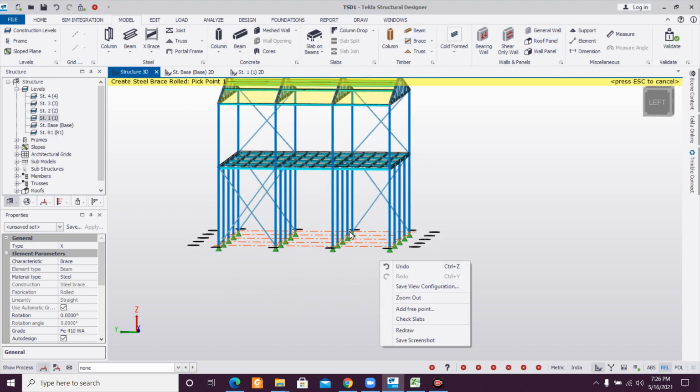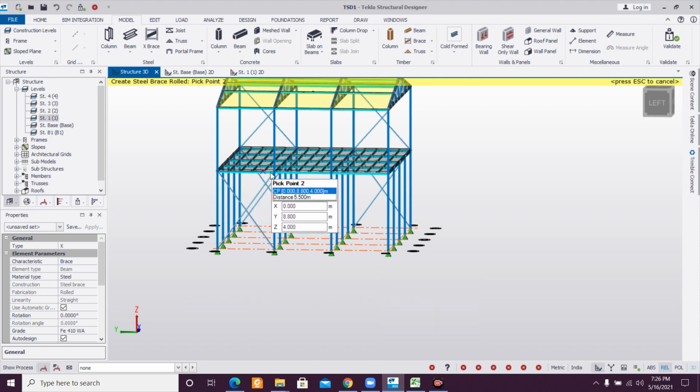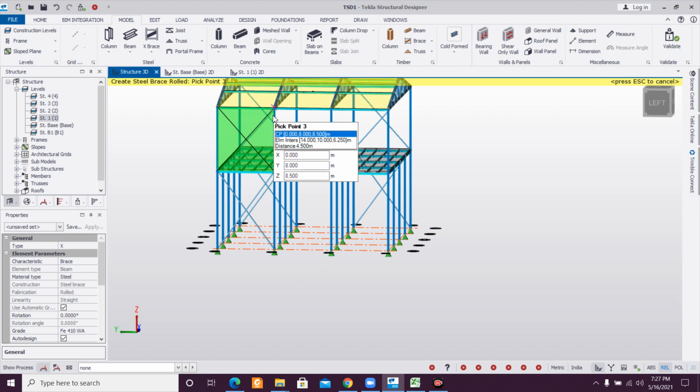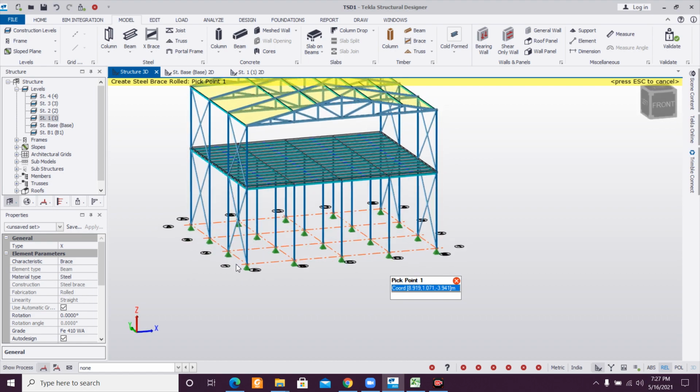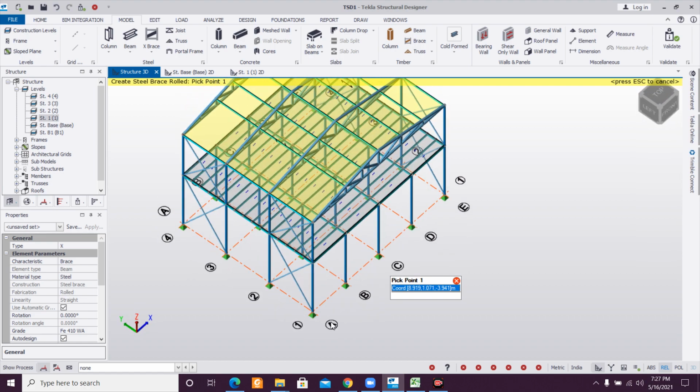So procedure is very easy as compared to some other software as well. It is very user friendly. And here also single click, double click, single click, double click. So like this we have applied some bracings here.